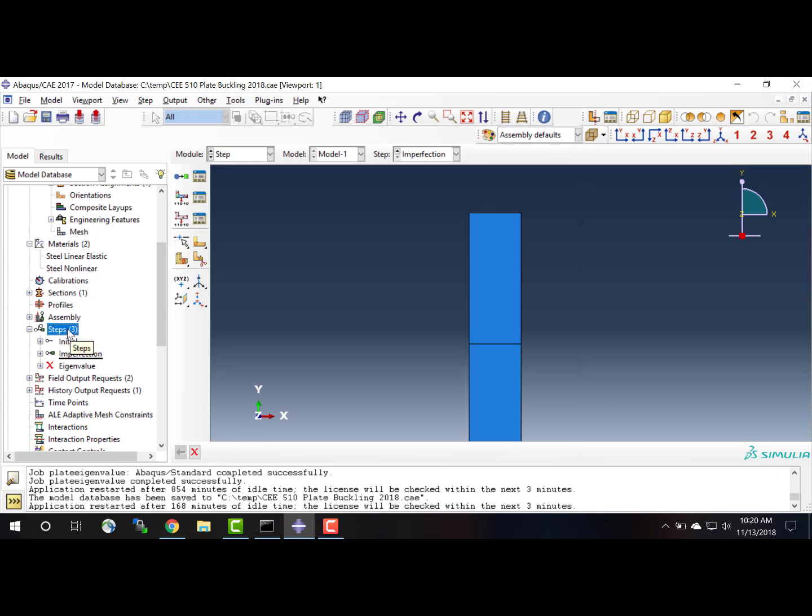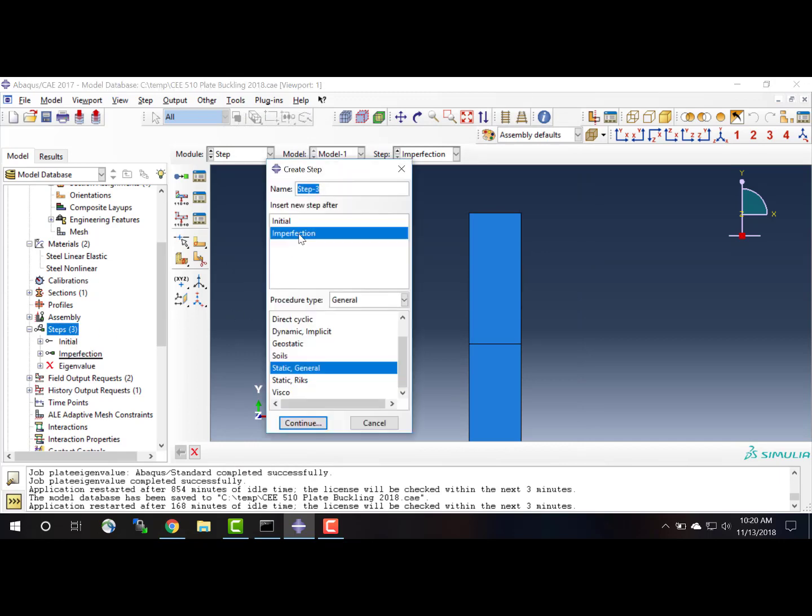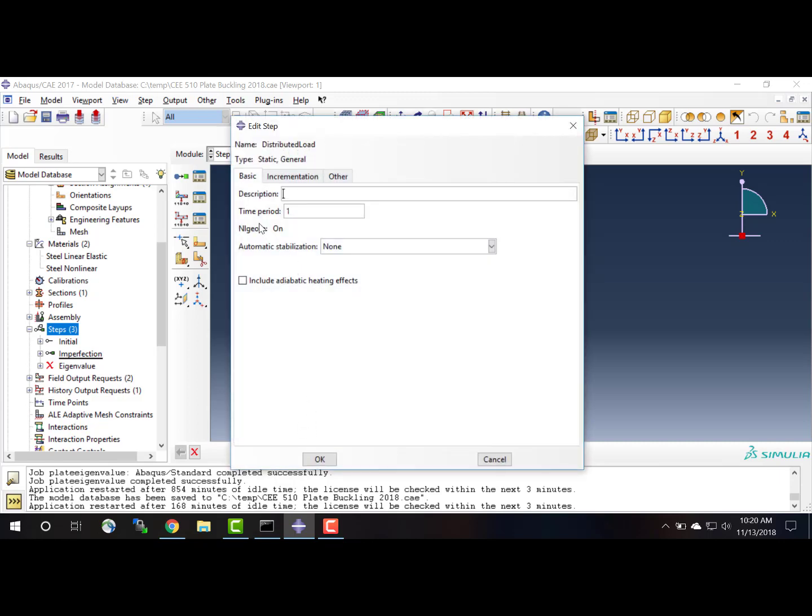The second step will be the step that we're actually going to apply the load. And this also will be a static general step. This is where we apply, maybe I should call this distributed load. We click Continue. The time period is also going to be 1 second, but we're going to make some changes